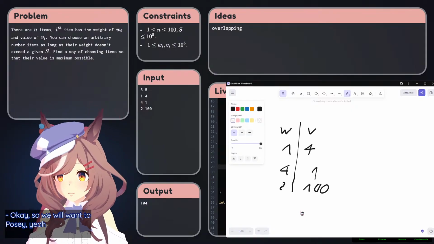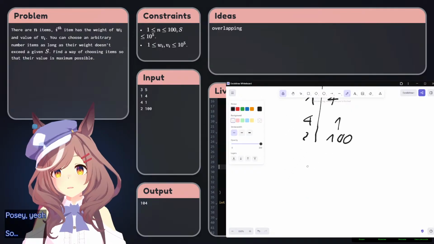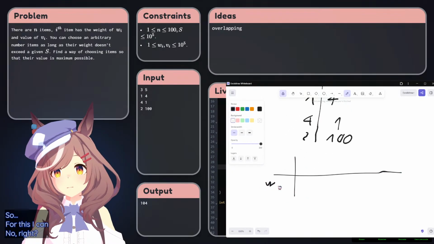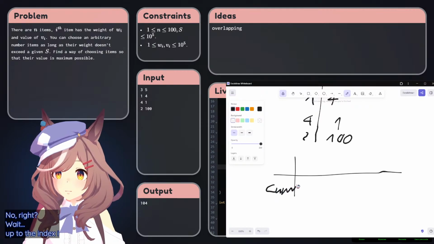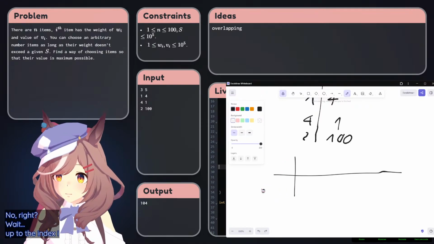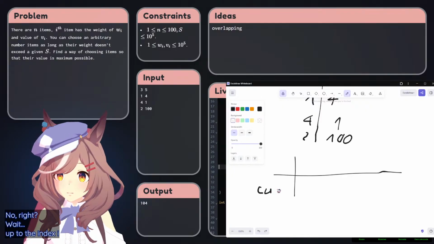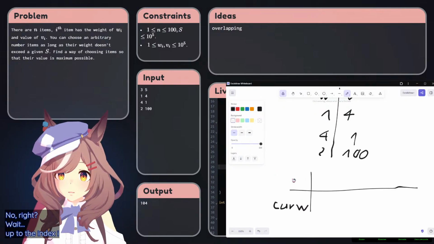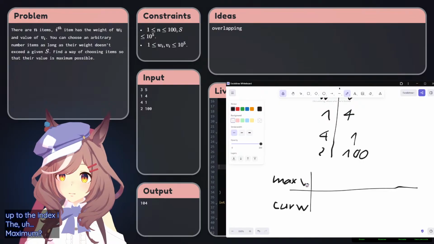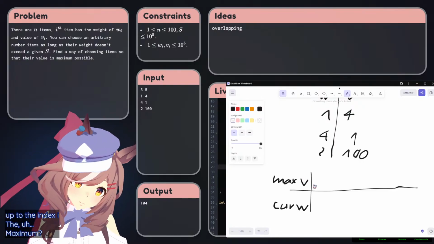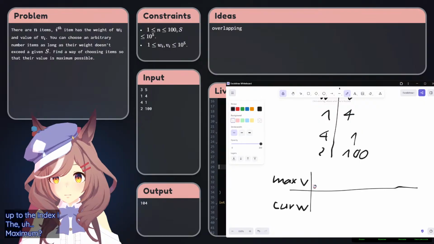For this I can store an array of weights up to the index i, and the current weight, and the maximum value. So like this we can take